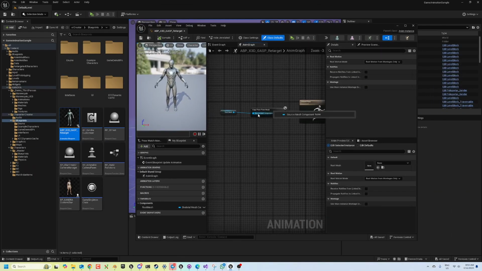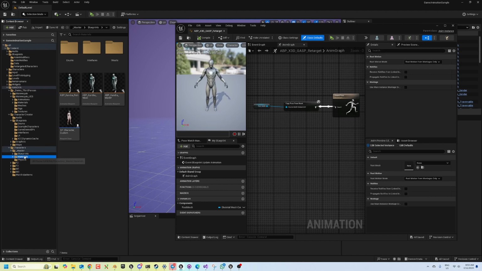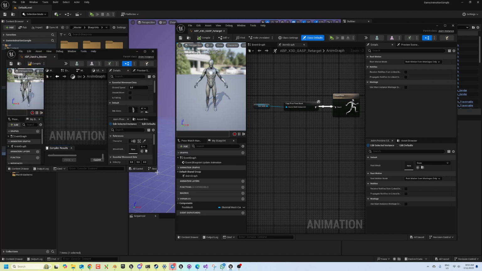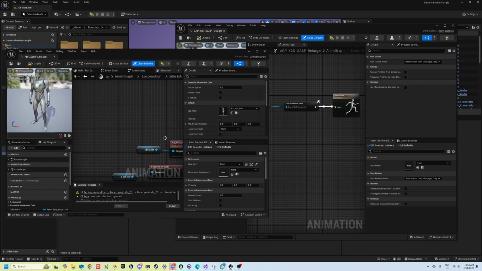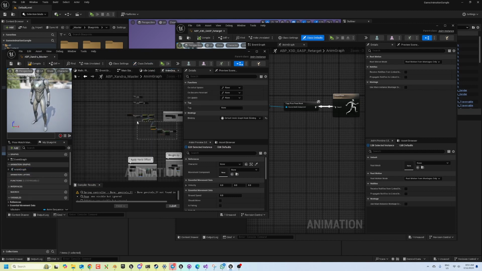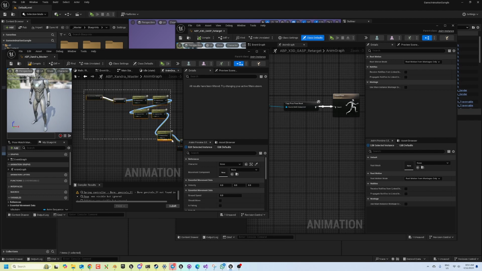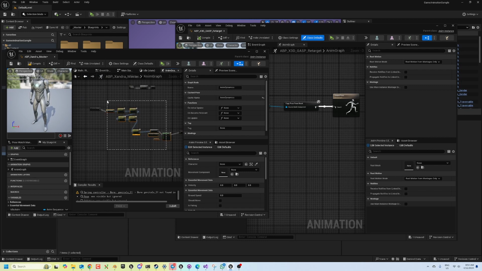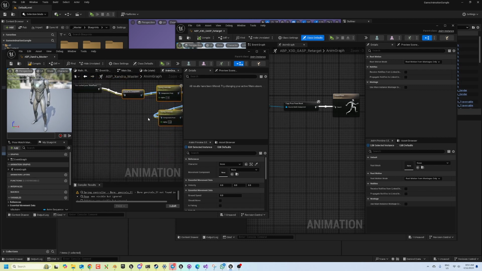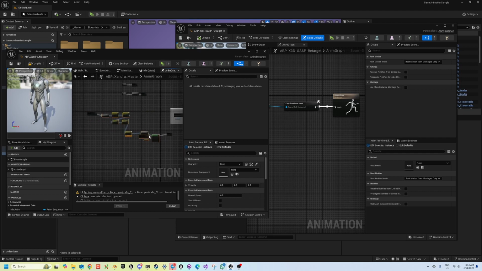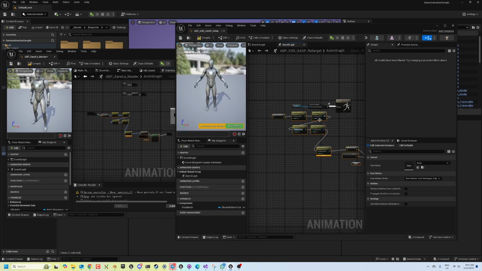This one right here. Drag and drop this in there, and then drag this into the result. Let's add the physics to this one as well. We'll also open the original ABP Xandra master. And basically what we want to do to enable the physics on the character, go into the anim graph, and we just want to copy all of this physics information. So we've got a bunch of spring controllers here. So we'll copy everything between the cache poses. So all of the physics controls right here,